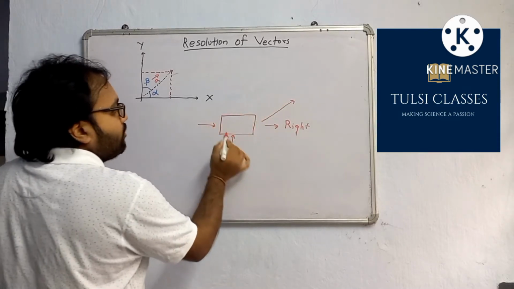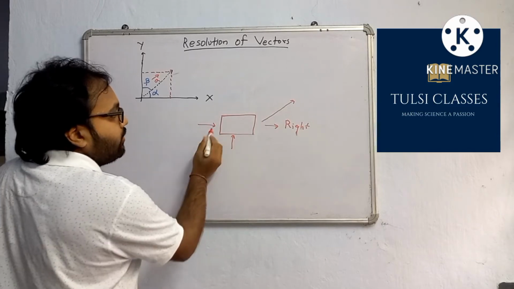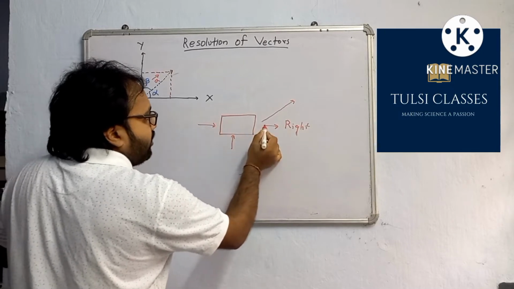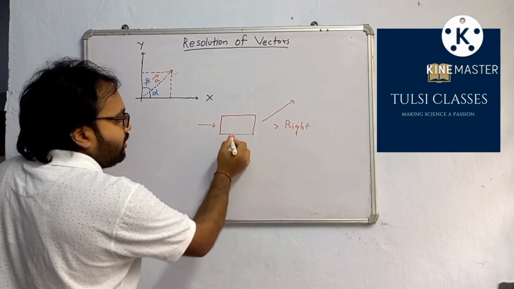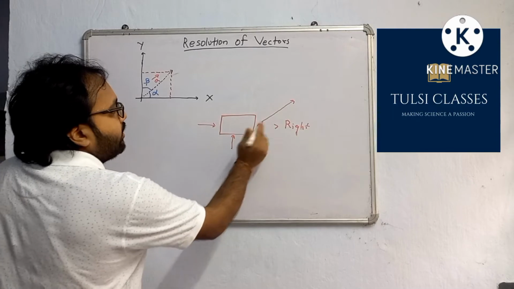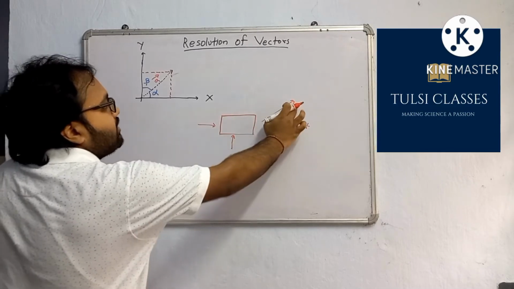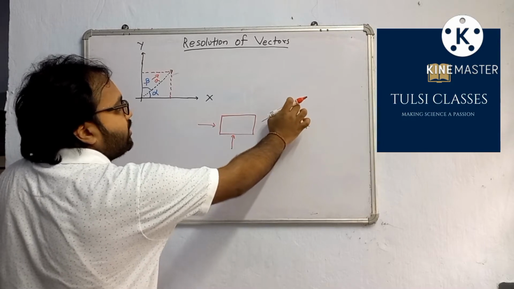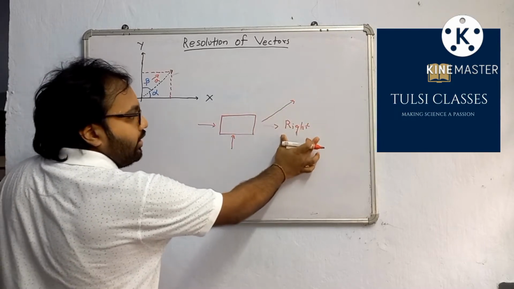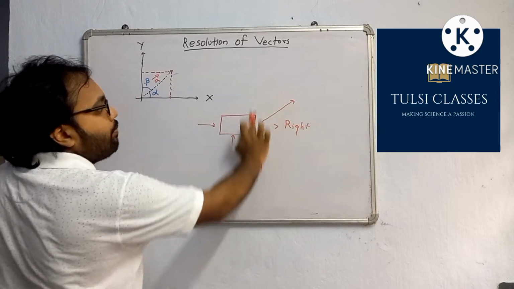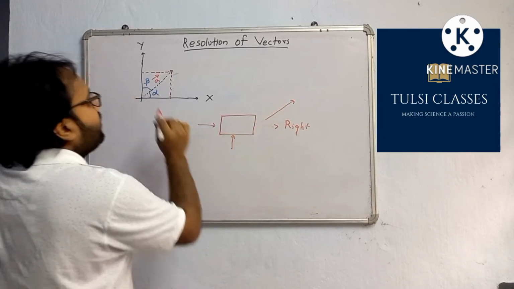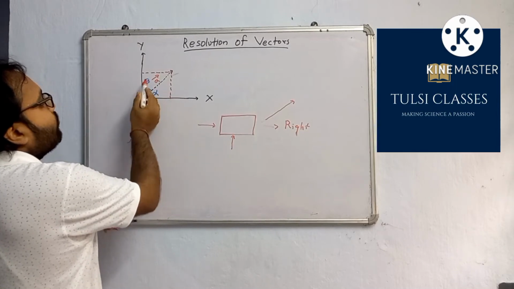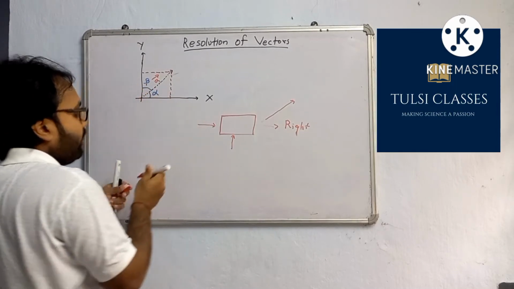Why? Because the force that has been applied is the net force, which is the addition of two vectors: a force vector on the right side, and another vector pointing in the front direction on the book. So we can say that the resultant vector has some component in the right direction and some component in the upward direction. So two components are there. That is the case here also. A vector has two components, one along the x direction, one along the y direction.